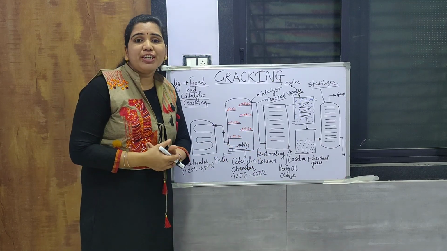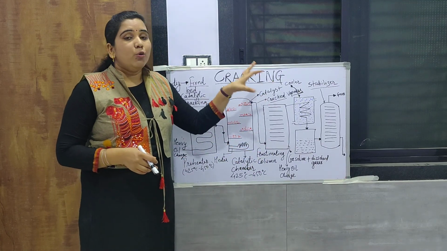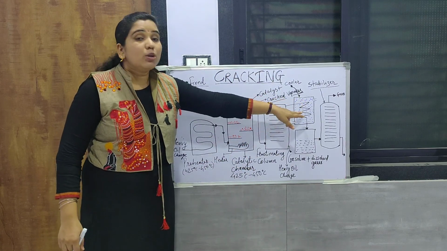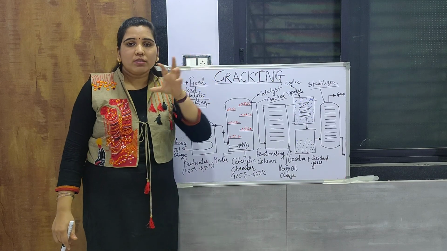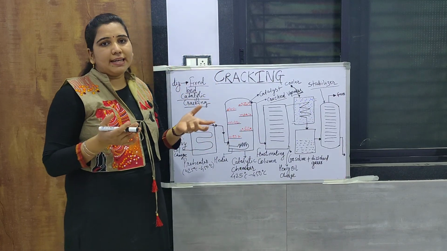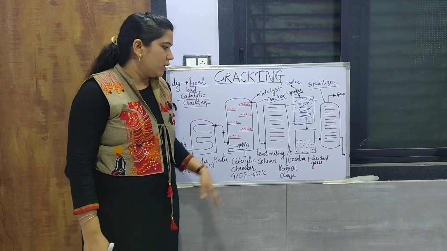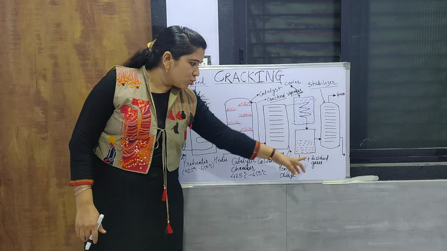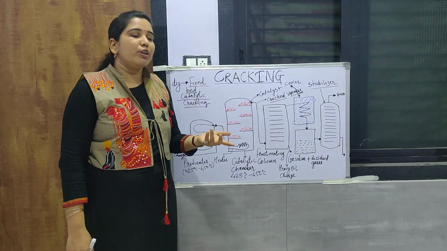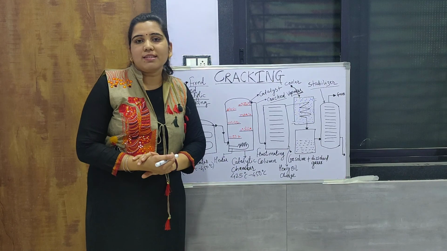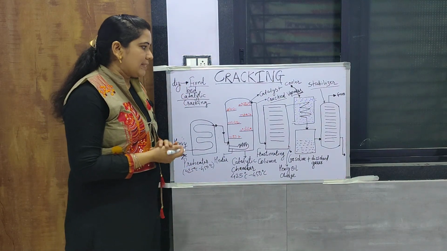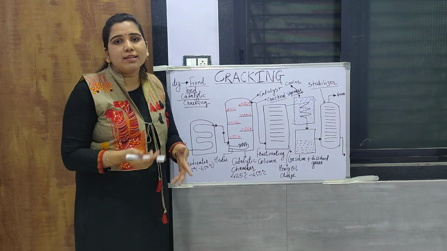Next, the fractionating column, in which the fractionation of the product is carried out. Then there is a cooler where the gases or products after fractionation are cooled. Then there is a storage where we can see the presence of different impurities, and the last one is the stabilizer. In this way all these compartments are there. Now next we have to see the working, how it actually works.